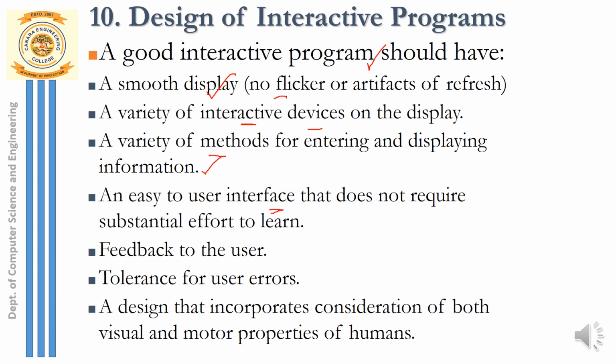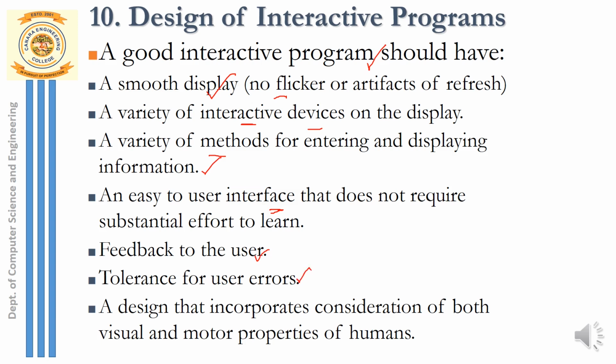It's a graphical user interface, so one should not find it difficult to interact with the graphics, like the menu that you're creating, or the mouse or key; through that you should be able to interact with the graphics easily. Next, feedback to the user. It means that if any error occurs or if some wrong button is pressed, there should be feedback to the user given in the form of a dialog box, or displayed as text saying that you should go to this option, or that this option is wrong. Feedback to the user should be provided on the screen.